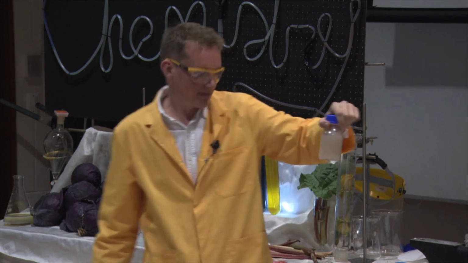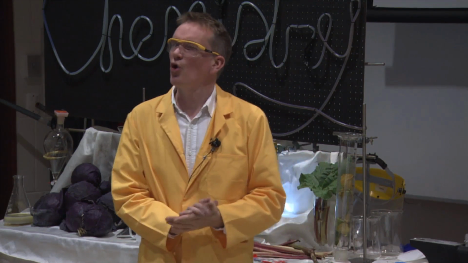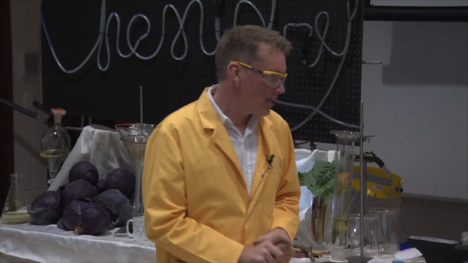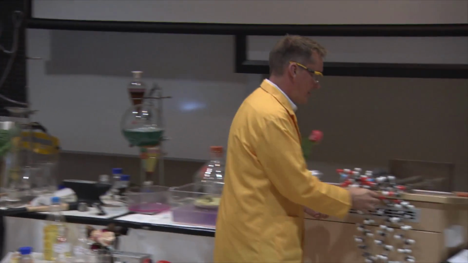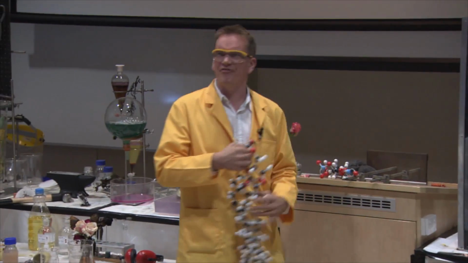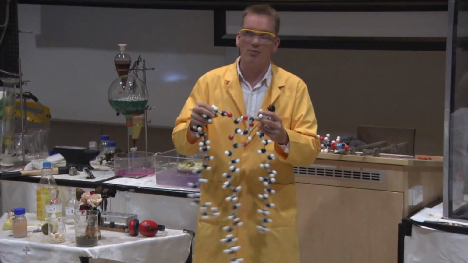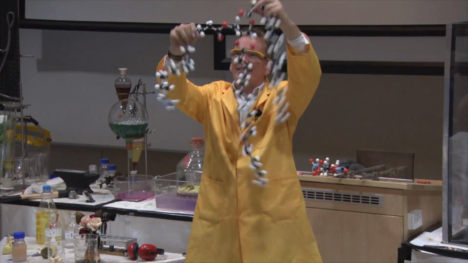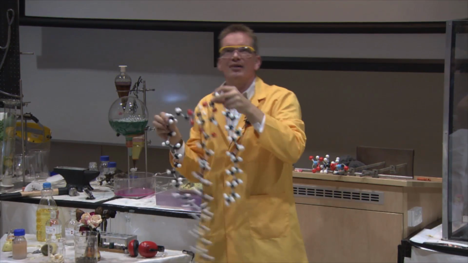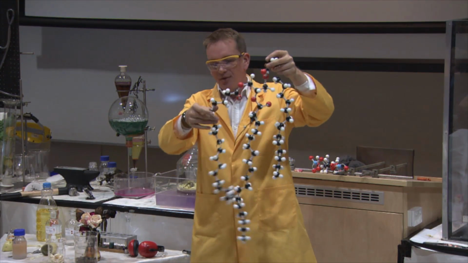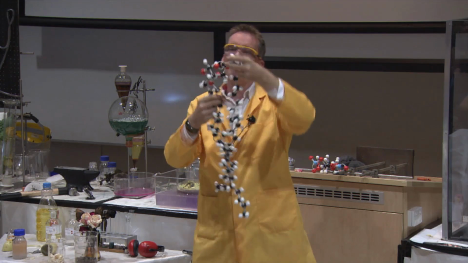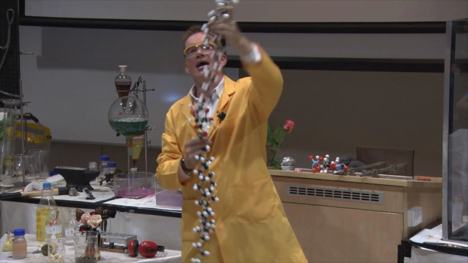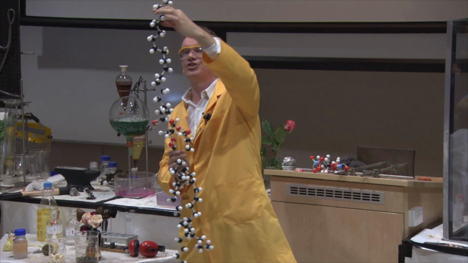Now, why is that? This is very, very interesting. It's all to do with the type of fat or oil that we're using. Now, this is a model of fat. There's all sorts of different fats. We've got fat in our bodies. We've got fat from lard, or this oil here. This is what it looks like. It's got these long dangly bits joined up. Now, it's the long dangly bits that are interesting. These long dangly bits are chains of carbon atoms. So this chain here, every carbon, apart from the end one there, has 2 hydrogens stuck onto it.